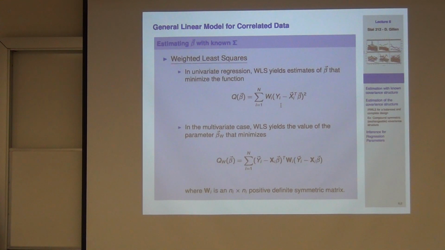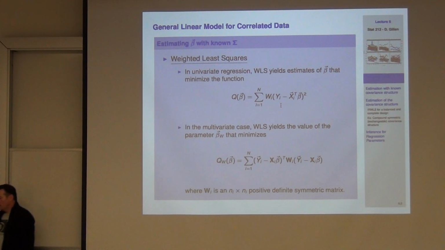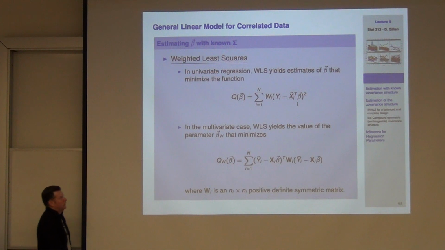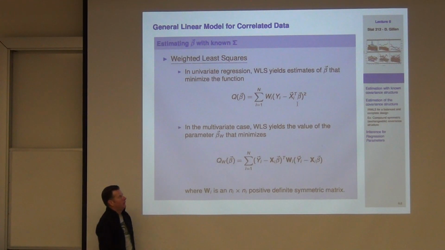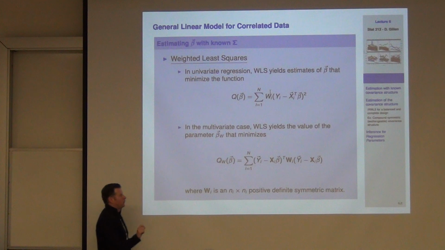Okay. All right. So back in our good old univariate days, if we wanted to do weighted least squares, we started with this. We had a mean model that looked like xi transpose times beta. Again, this is univariate data, so that yi sitting up there is a univariate response. We could start by saying, okay, I want to minimize the sums of squares, but I want to minimize a weighted version of that sums of squares.